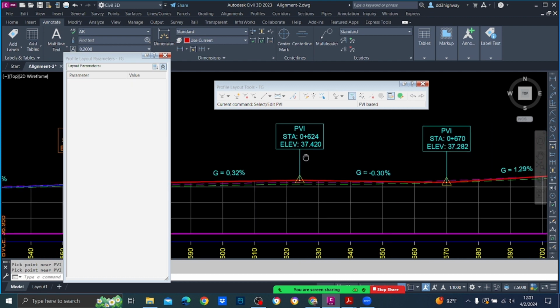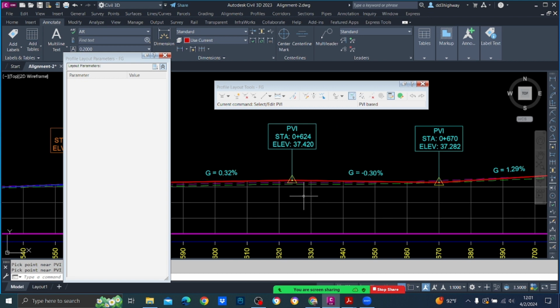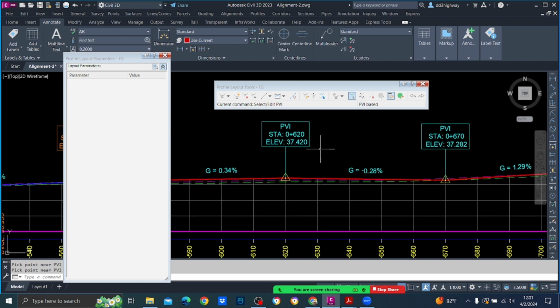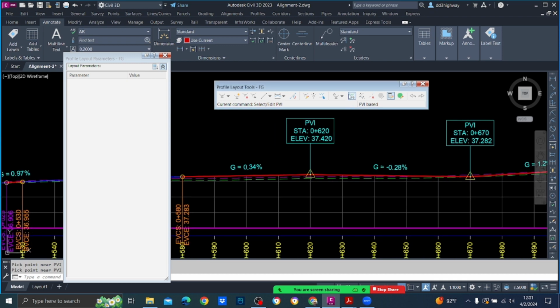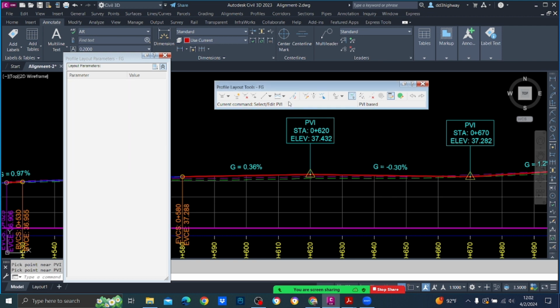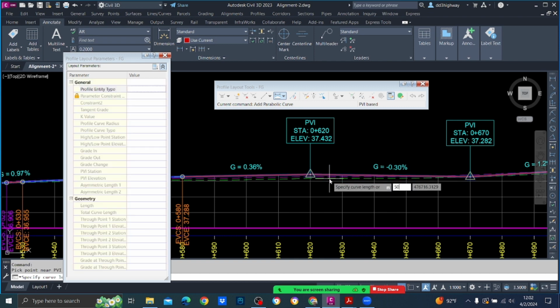Okay, now 624, 670. No, we have to take this into 620. Why? There should be minimum 50 in between. Okay, 620. Again you will have to increase this into minus 0.3. Okay, then you insert a curve here, 50,